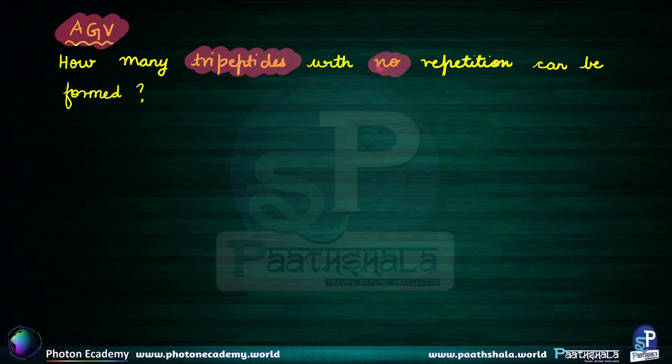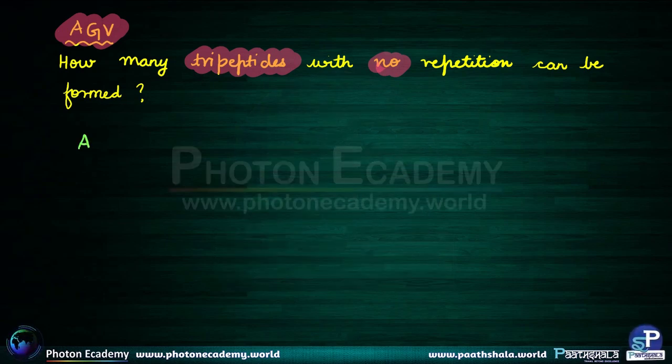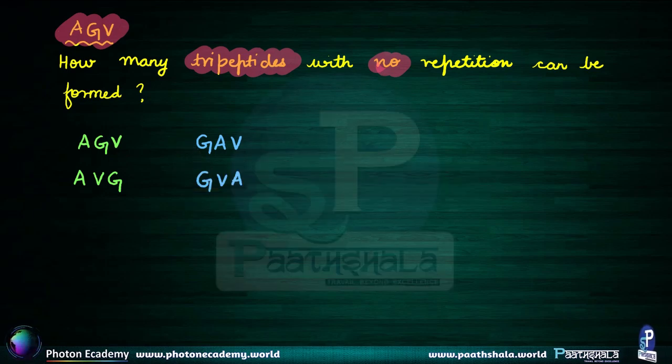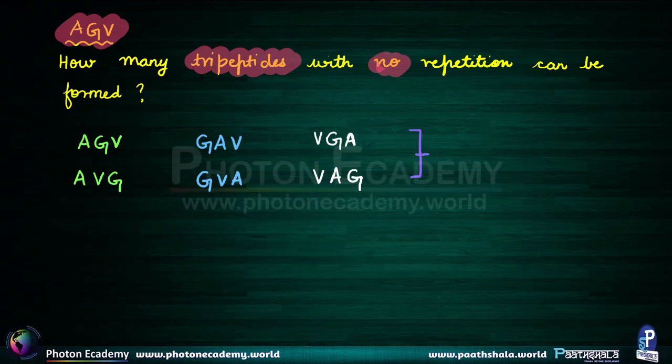And when this condition is given to us, we apply the same method. So let us start by writing AGV. Now, keeping the A similar, let us just switch V and G. Next we can take G, and have AV, and we can keep G constant and call VA. Then we can have V at the front, and then we can have GA, V at the front, and we can have AG. So these are all the monomer combinations that we can see,